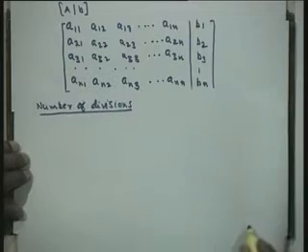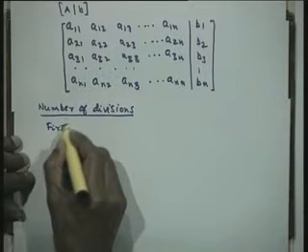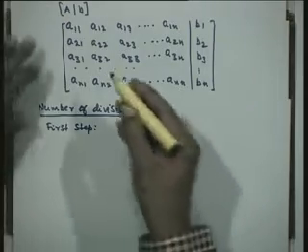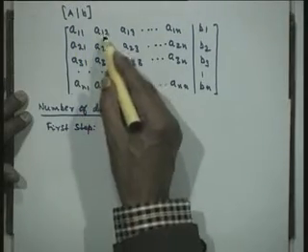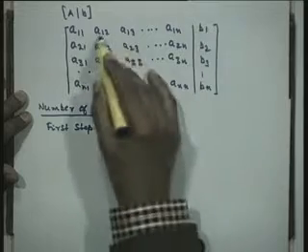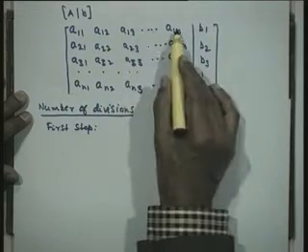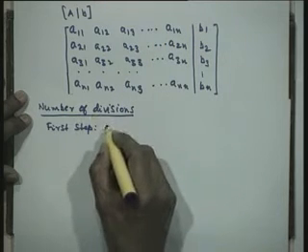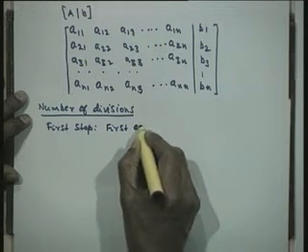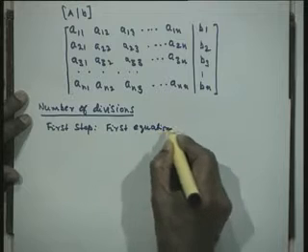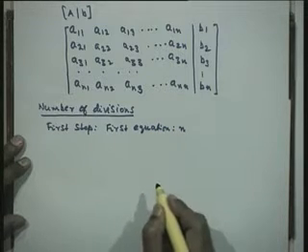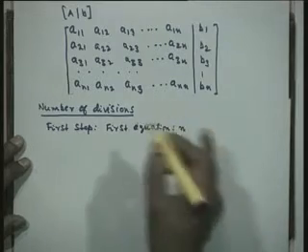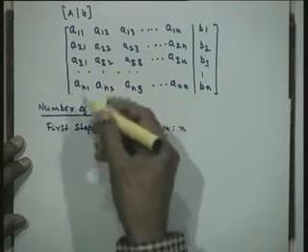Now, let us take the first step. In the first step I have taken the first pivot and divided all these elements. So, the first equation requires division of these n minus 1 elements plus 1 element, so a total of n elements need division in the first step. So, for the first equation we need n of them. Now, the remaining part does not have any division.